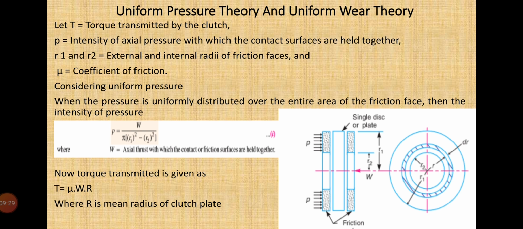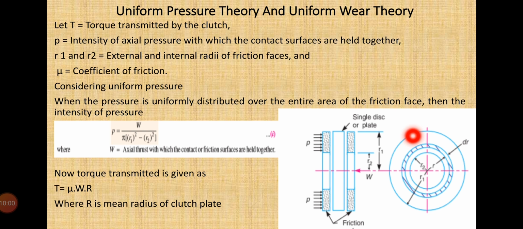This is the actual torque of an engine, whatever is produced by the engine. Now let a clutch plate be schematically shown as a circular disc like this. If we look from the side, the clutch plate looks like this. You can see here, this is the clutch plate, and if you look from the front, it looks like a circular disc. Now let's see the torque transmitted by the clutch.